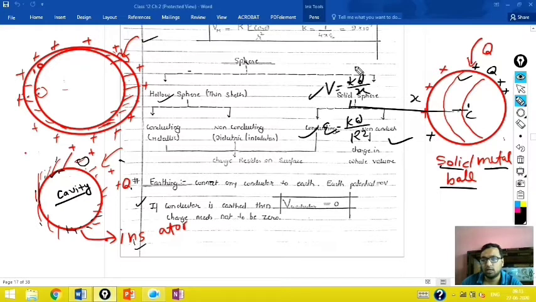So again you can see that this law is verified: properties like electric potential or electric field are properties of charge. If you vary the amount of charge, only then these properties will vary. Otherwise these properties never depend on mass. It appears that the solid sphere is heavy, but that doesn't affect our result.